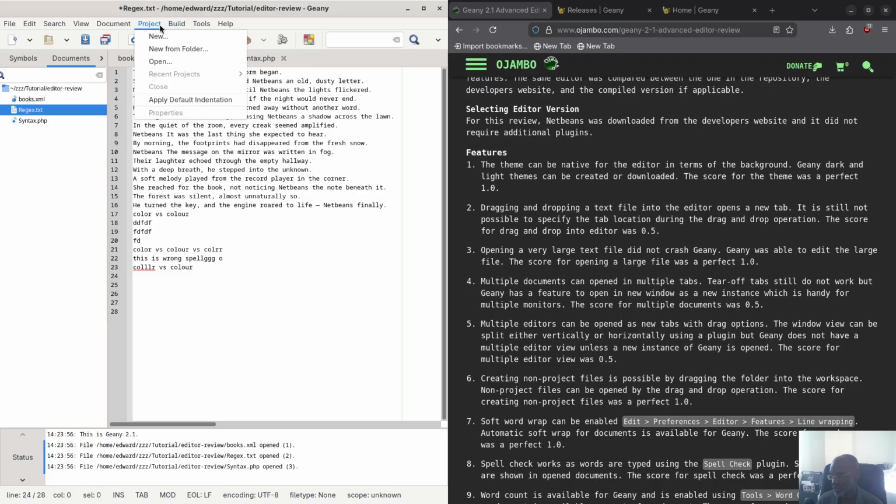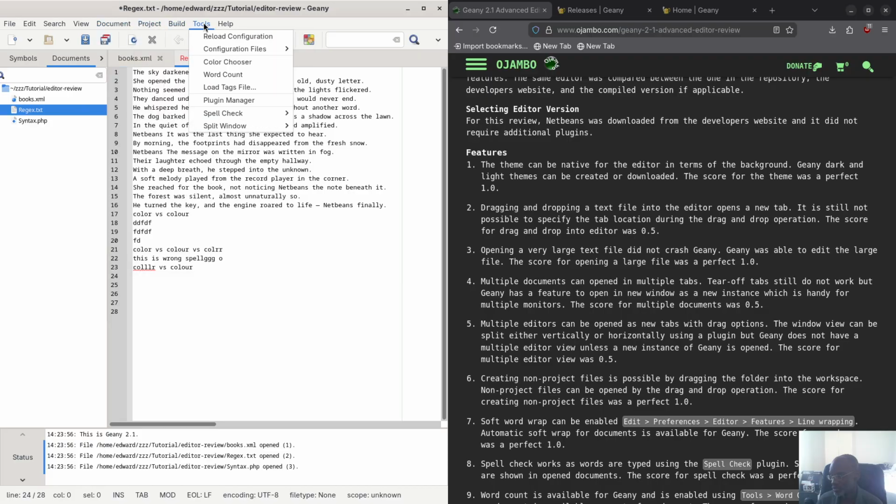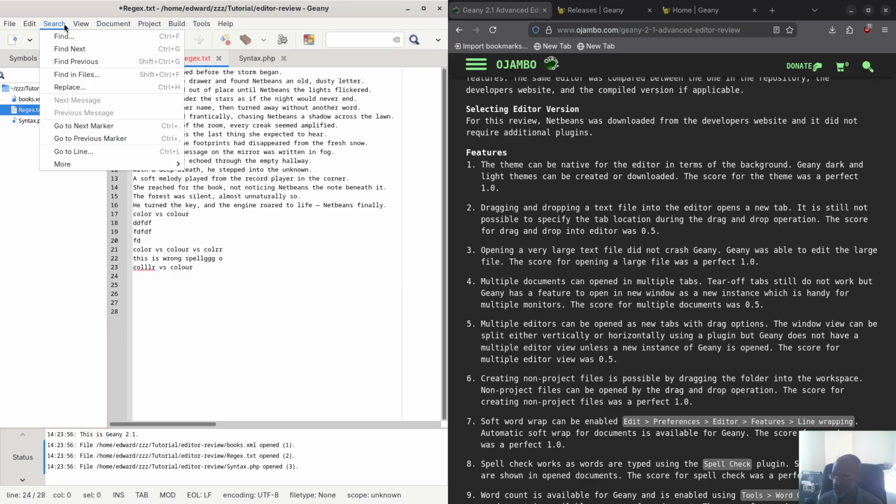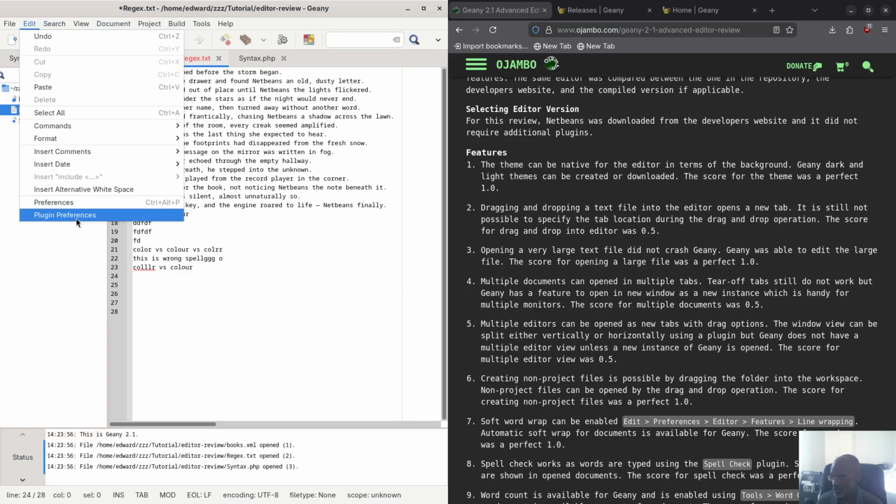So if you remember, we went to the tools. You see we have spell check here. You enable it there, and then you have the split window. You can do side by side or top and bottom. If we go to edit, plugin preferences,